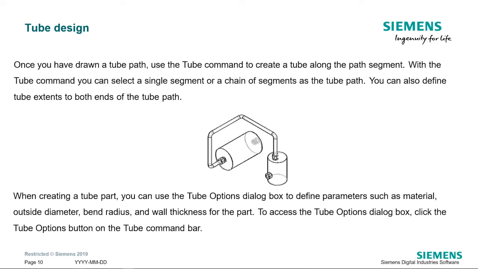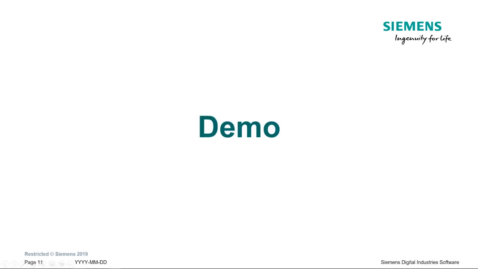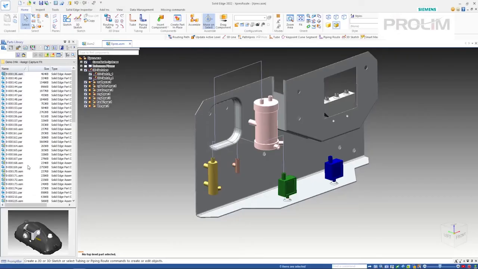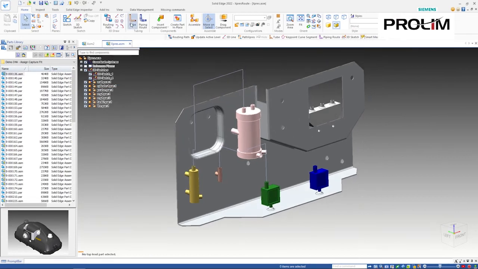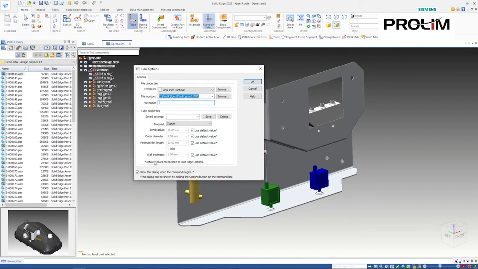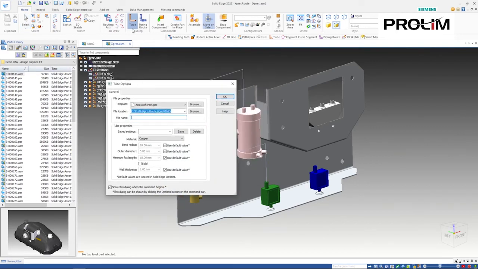So now we'll just take a look at the live demonstration here, and we'll see how the tube command actually works. Again, I'm going to use the same assembly and generate a tube on one of the two sketches here. As I said, once you go and select the tube, you have the option to decide the template of that specific tube part file which will be generated. You can give it a name,